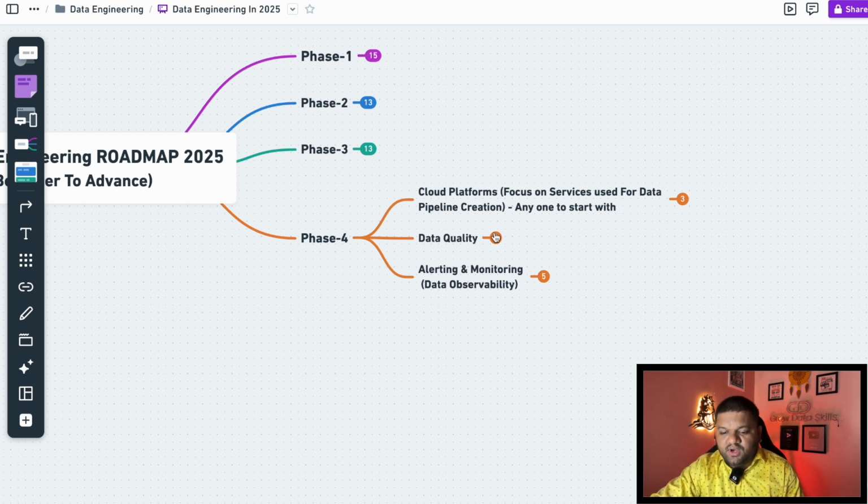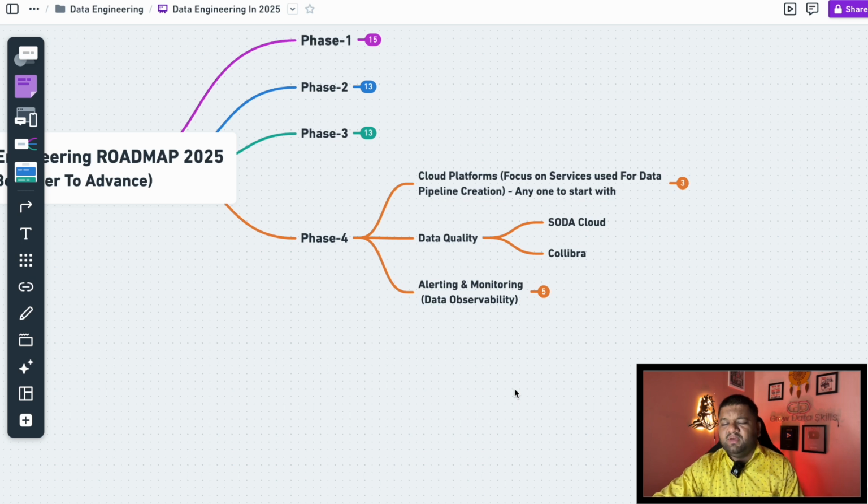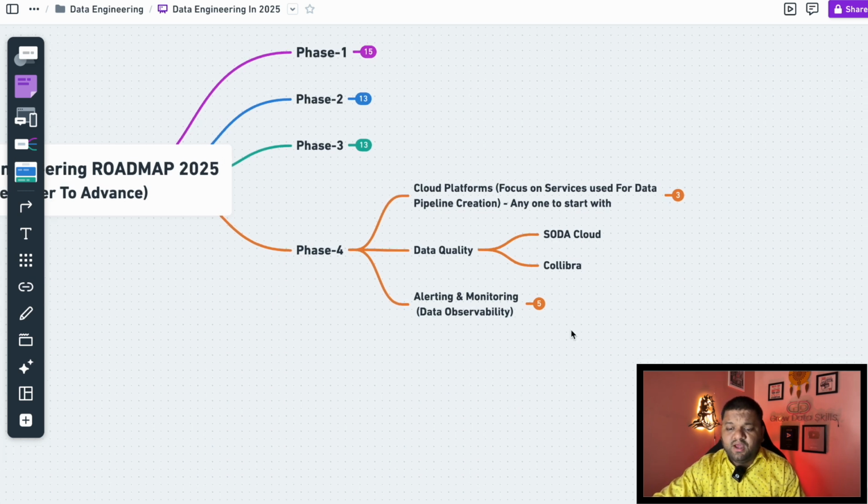So for data quality, many things can be used. Open source libraries are also available. Apart from that, there are organizations who have built end-to-end platforms and frameworks for data quality. Soda Cloud is one example, Monte Carlo is one example, so those can be used. And if in your experience you have used anything else, you can definitely add that.